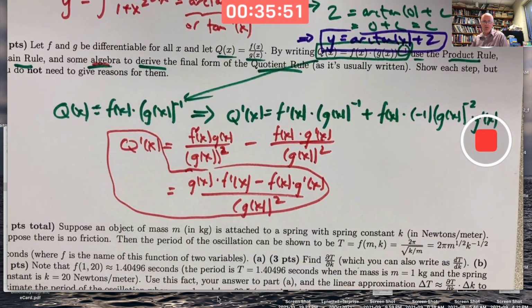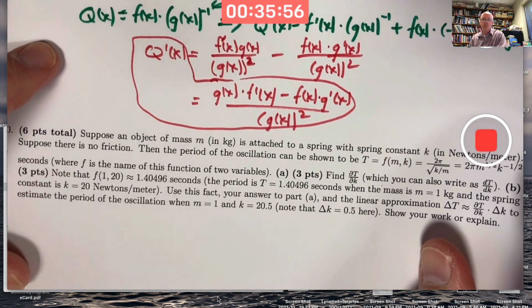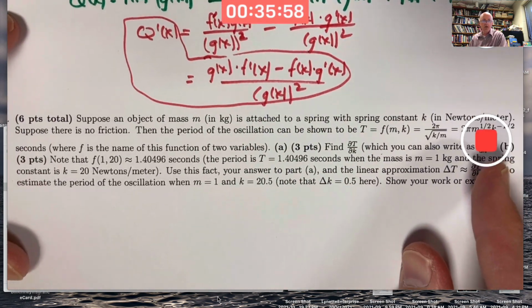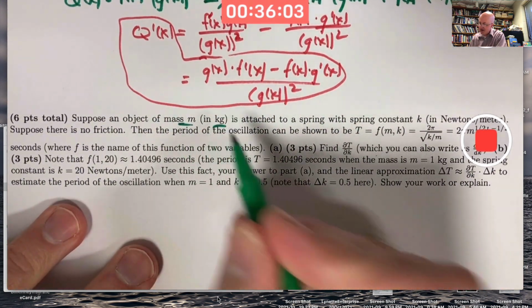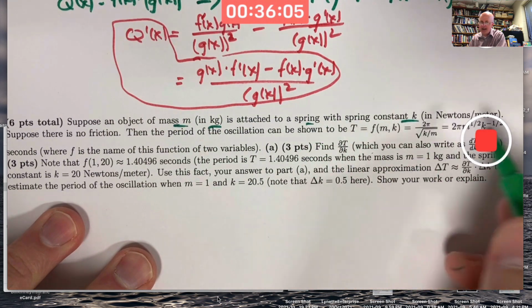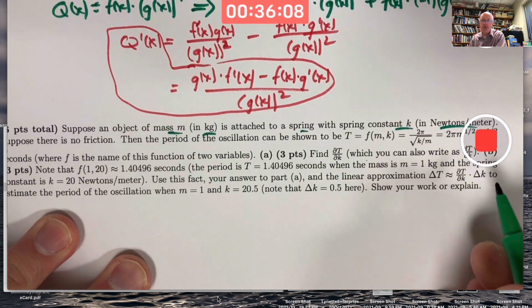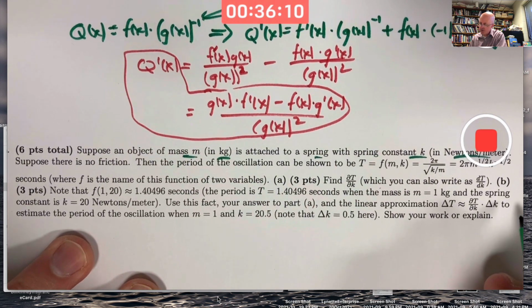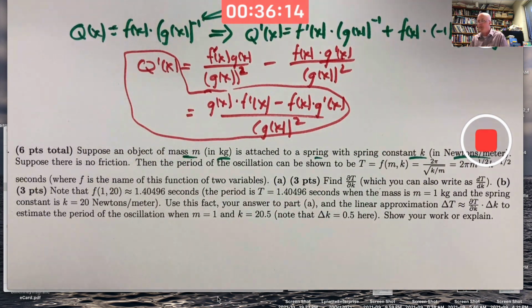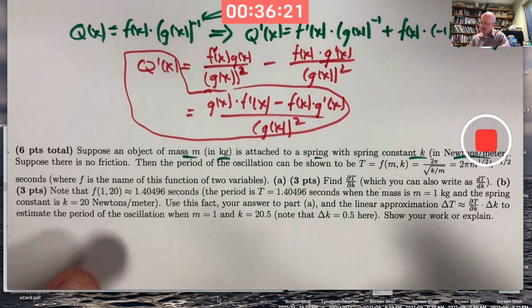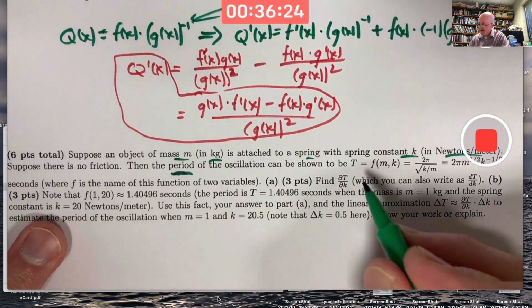Okay? Number 20. Mass on a spring. Suppose an object of mass m in kilograms is attached to a spring with spring constant k. It happens to have units of newtons per meter. Suppose there's no friction. That means you can come up with a differential equation that models the motion, and you can come up with formulas involving cosines and sines. I'm skipping all that and just saying the period is this